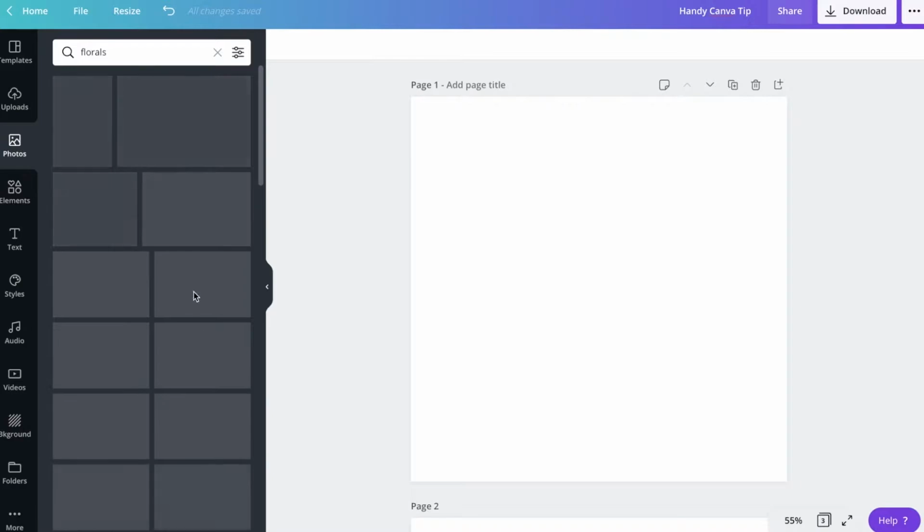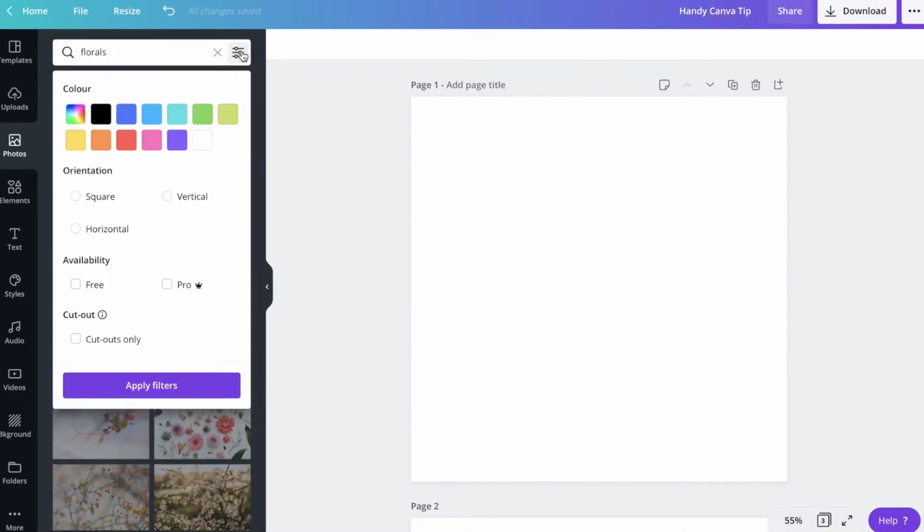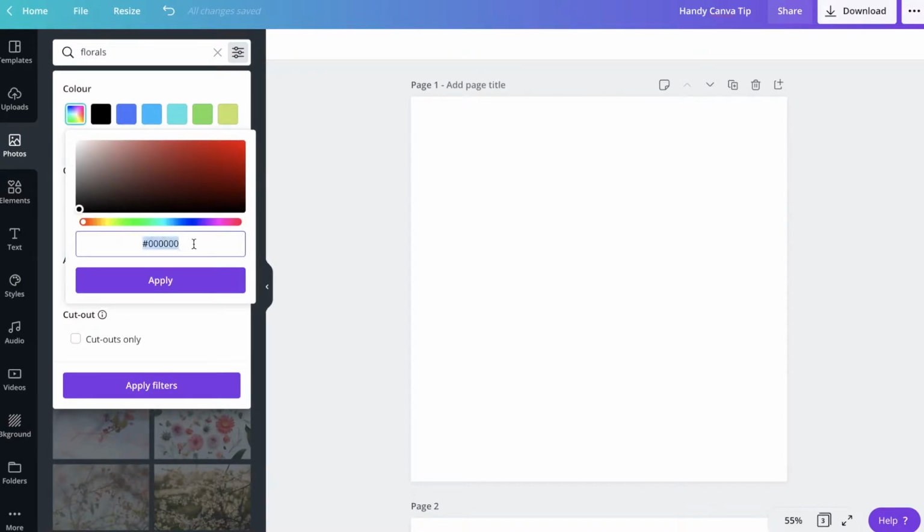But a quick way to do it is just to come up to the tab here and click on this little element, and here you've got this color palette, and with this one you can just click on and then add your own hex color, whichever color suits your branding. I'm just going to throw in one of mine, which is this pink color, and I'm just going to click on apply